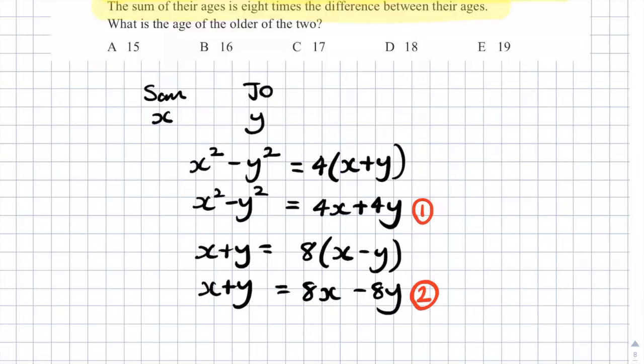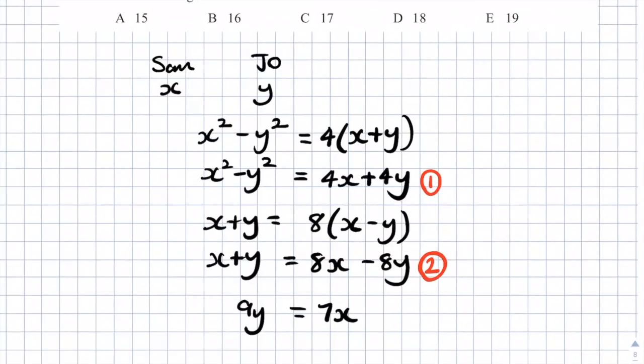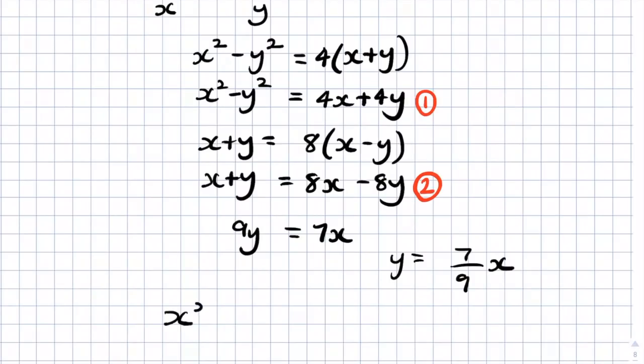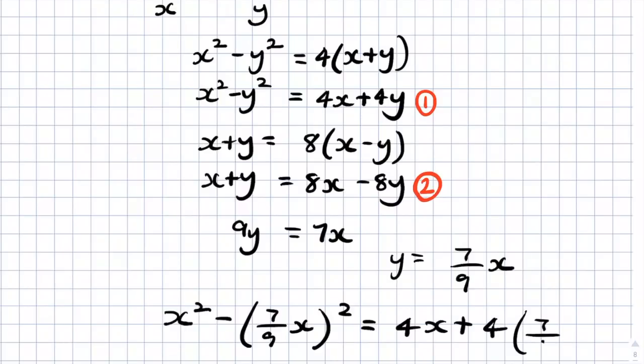We can simplify the second equation a bit more. So if we bring the 8y over to the left hand side, we can get 9y. And if we bring the x over to the right hand side, we'll get 7x. Okay, so we've got 9y equals 7x. So we could simplify this to y equals 7/9 of x. So we get x squared minus 7/9 of x all squared is equal to 4x plus 4 times 7/9 of